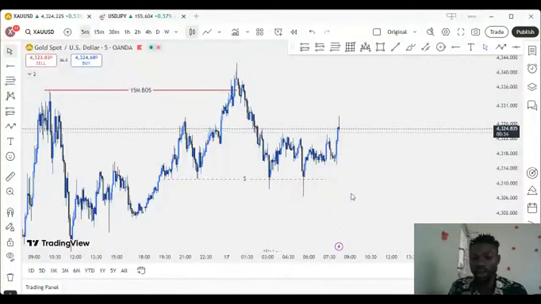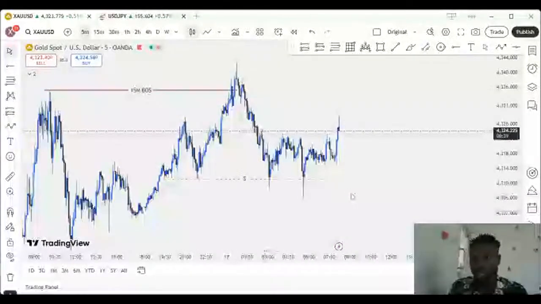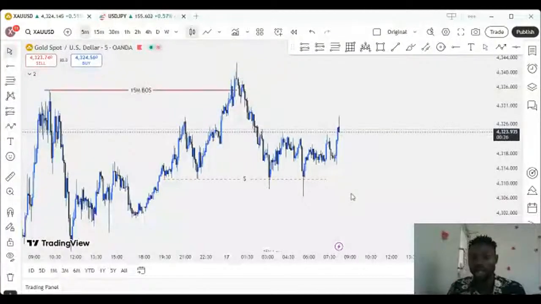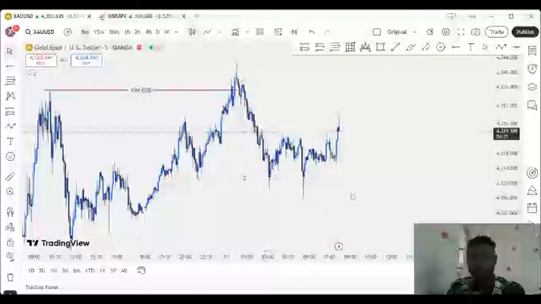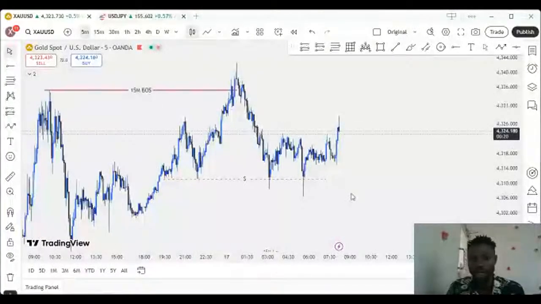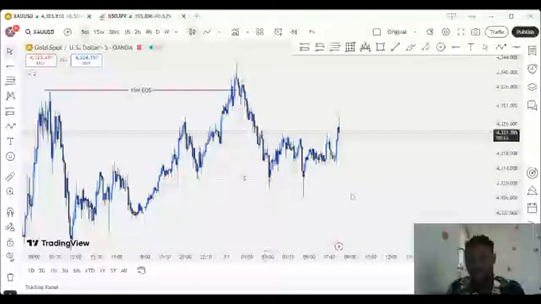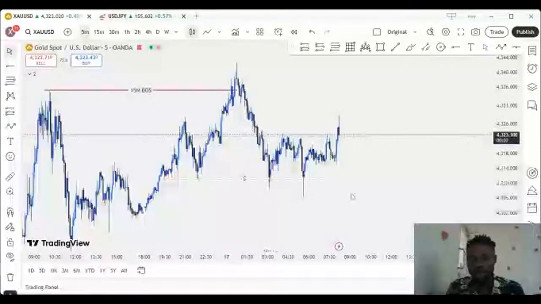Because there's no magic strategy anywhere that will say, okay, if I give you this magic, you'll not be having a loss trade. You definitely have a loss trade. But when you start blowing accounts, that's when something is wrong. Are you getting my point? So there is no trader that is not having a losing trade, but we have traders who are not blowing accounts. That's it. So losing a trade doesn't define that you are not a good trader.